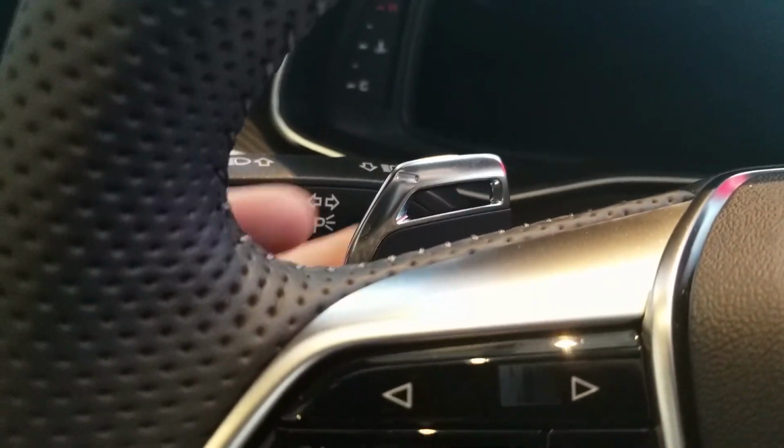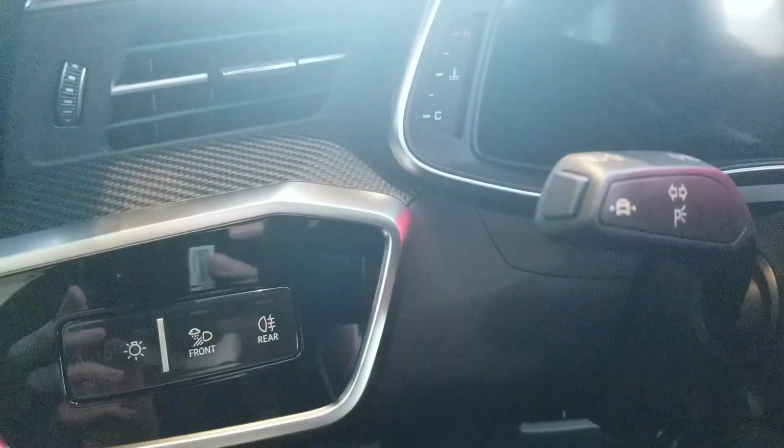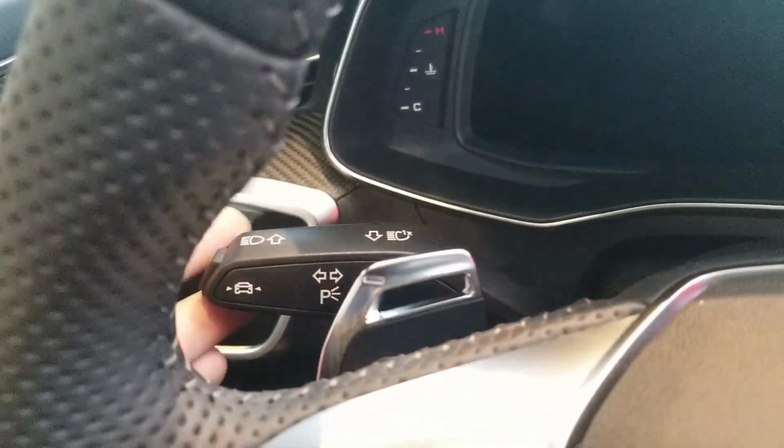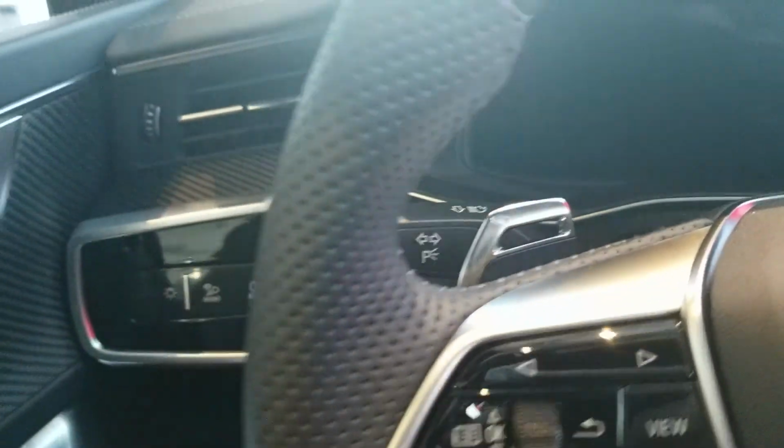We have our paddles here. It's a nice little cutout. Still mounted to the steering wheel. And we have our up paddle here with a little cutout. Okay, then we have our turn signals here, up and down, high beams, and one click down for high beams,